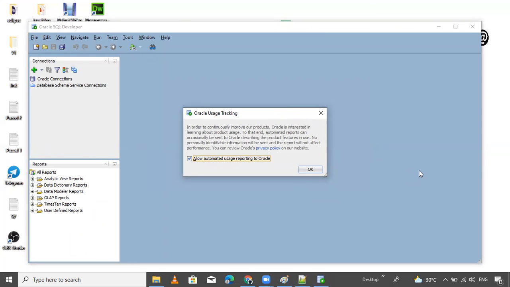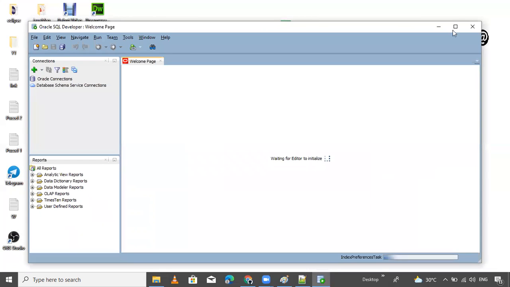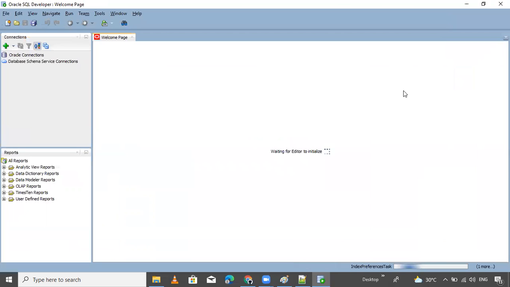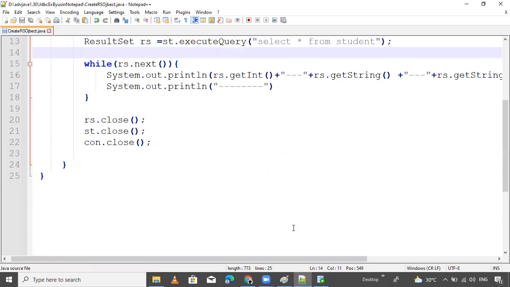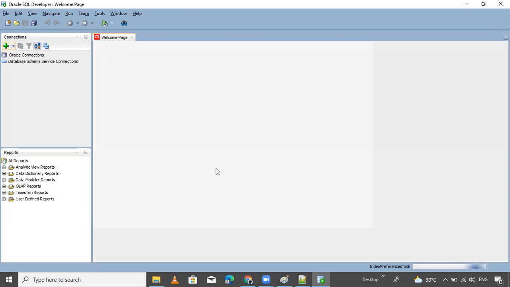Okay, click OK. This is very easy to use. Not a big deal here. Waiting for the initializing. Easy to use. I think the student table does not exist in our database, so I'm creating a school table.